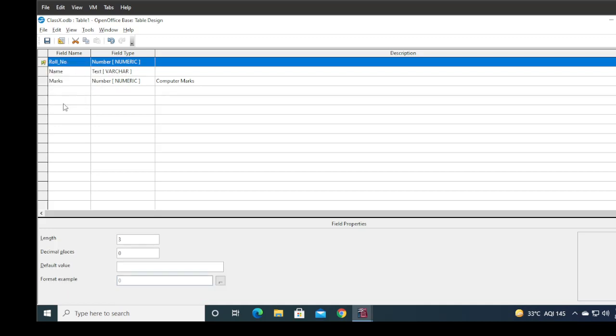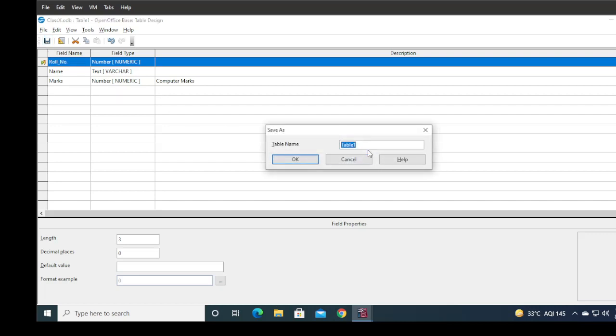Remember, you can set only one primary key in a table. You can't set multiple primary keys in a single table. We can set a primary key on multiple fields also, but here we set it on a single field. So I set the primary key on roll number, and then click on save.